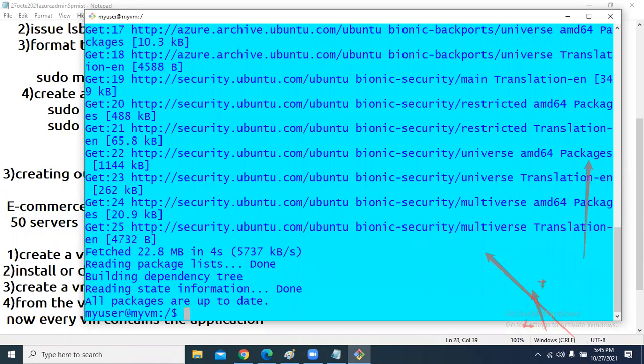Once the repository is updated, execute this command to install some application. Application can be anything. In my case, I am considering the application is Apache 2. Sudo apt install -y apache2.